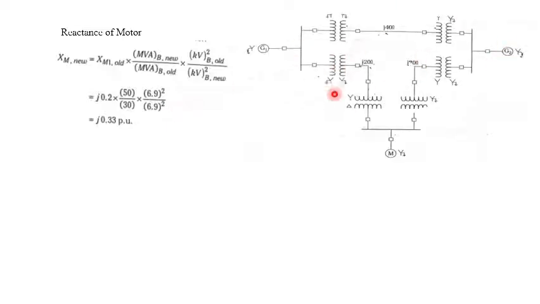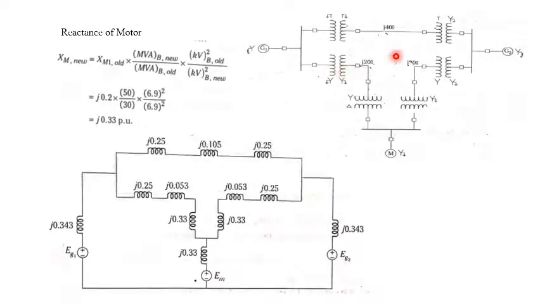Okay, this is the single line diagram. So we have to draw the reactance diagram. Let's consider this is generator G1. How do we represent the reactance and source of EMF? How are these things connected? Let's see, look at this part: star to star transmission line, star to star. This is a star to star transformer, then the transmission line, then this is a star to star transformer.